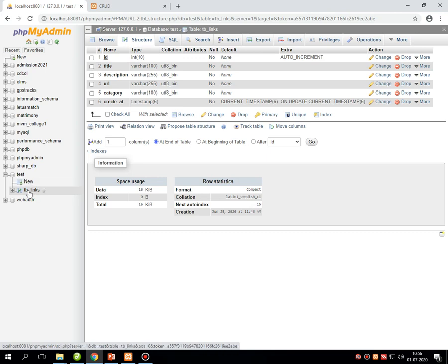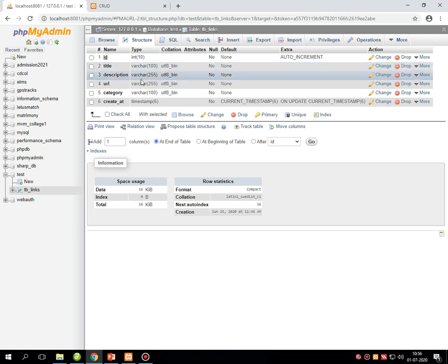Inside that test database, create a table called tb_link, with the fields: id, integer 10, with auto increment. Second is title, varchar 100, and description, varchar 255, which you can increase or decrease as per your need.